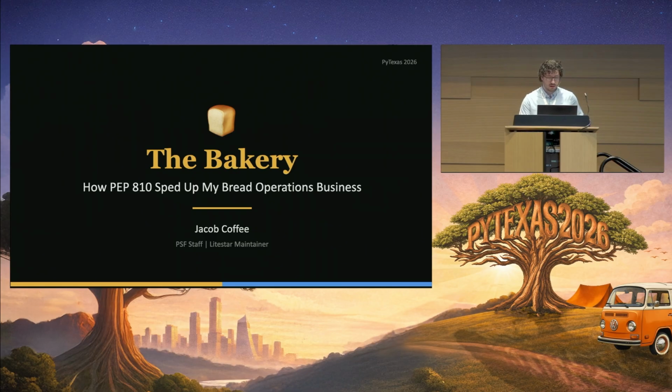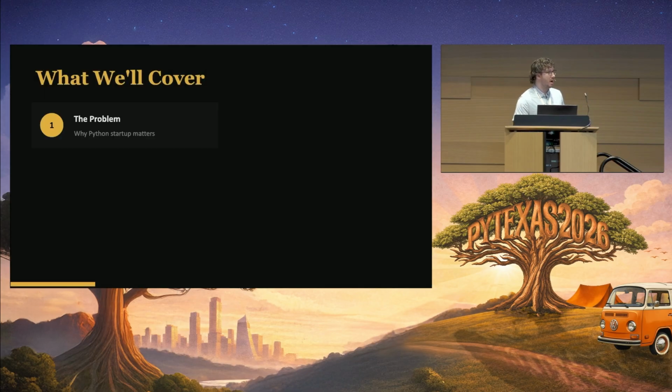So what we're going to cover: why PEP 810 is a big deal for some people, especially if you're a web framework and you provide a CLI. You'll notice if Python people say Python is slow, it's usually because Python imports the world. So PEP 810 introduces this explicit lazy syntax, and that just says, hey, instead of importing literally the entire world, only import the things that you need. And when you encounter some module that calls an import, you can import it then, but not when the